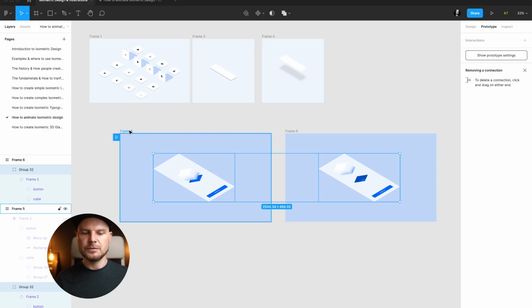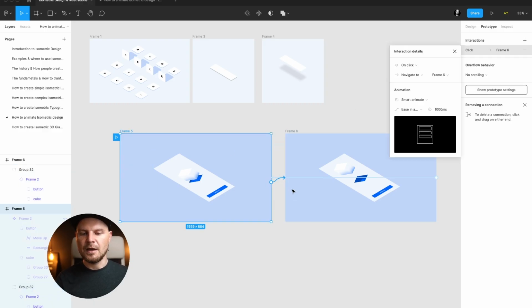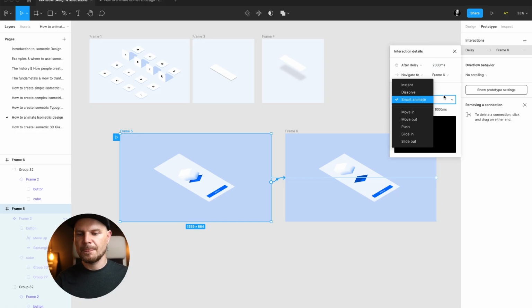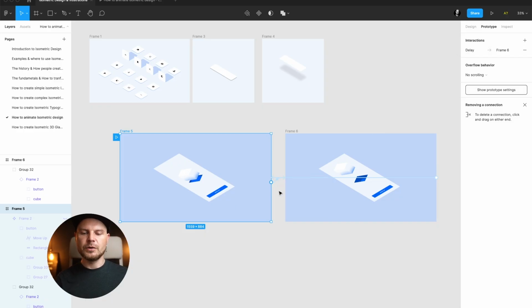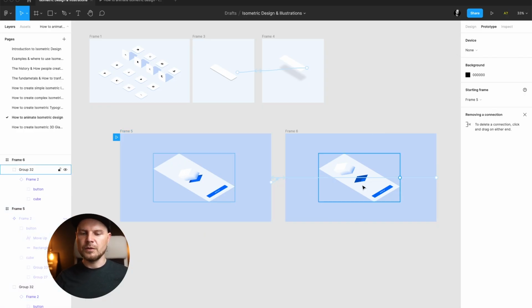And what I'm going to do from here, after a delay of 2 seconds, it will go automatically, move to the next screen in 2 seconds. As you can see, we don't have components. We have 2 elements here, and they're all in the isometric mode. It will be hard for you to move this cube the same way